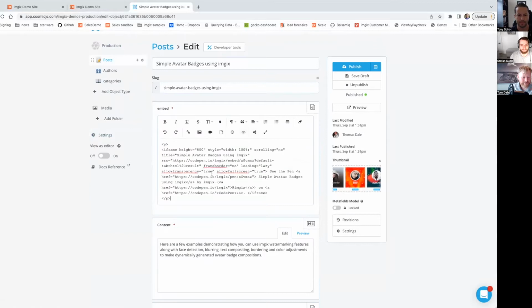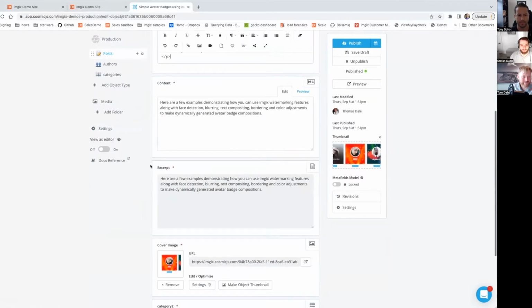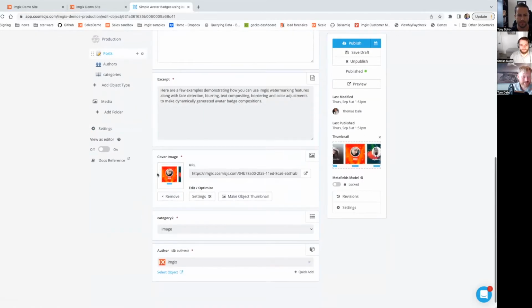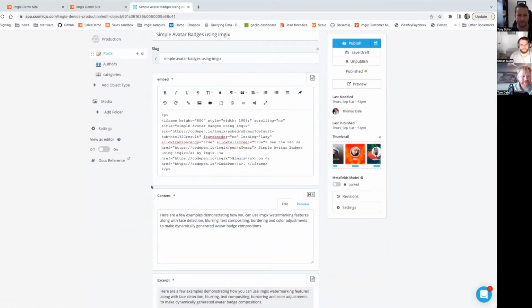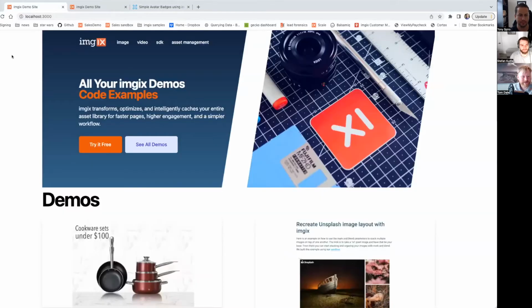I put the code here for the iframe. I'm just putting a little excerpt here, and that's where I upload my image, and that's all I do, right? Don't have to think about anything else. I'm really just taking a large image, uploading it here, and never thinking about it again. And when I go back to this image, if I look over here,